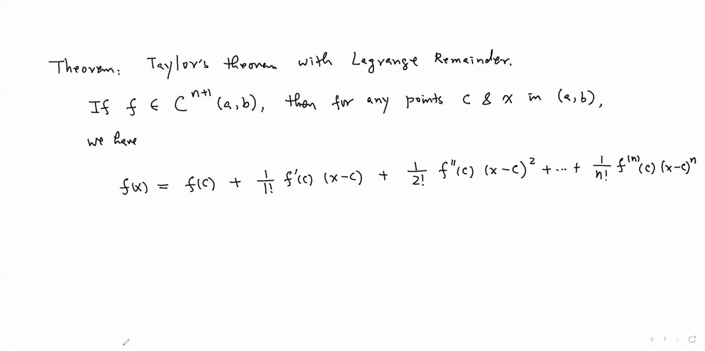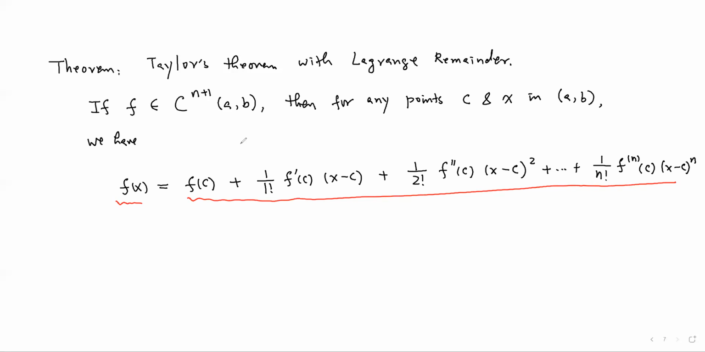The left side is a function, a general function. The right side is a polynomial. A function and a polynomial, of course, they are not equal. So we need to add an error term